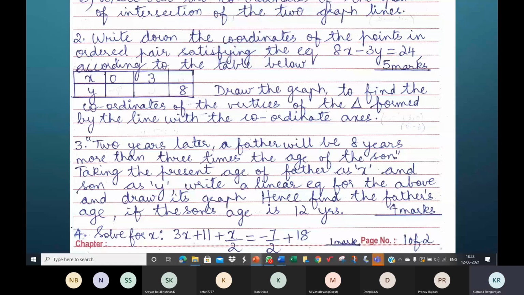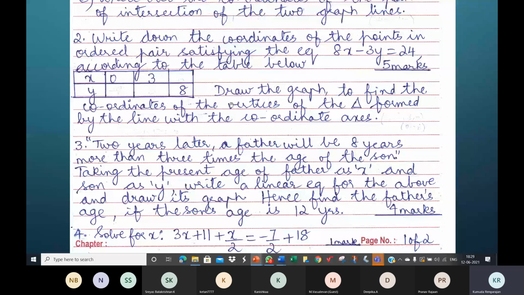I think we have done the first one from this. Have we done the second one? Ma'am, first one we've done. Second one, I think no. What about the third one? We haven't done that also, ma'am. The second we haven't done in the class, right? No, ma'am. Yeah, please make a graph of this.